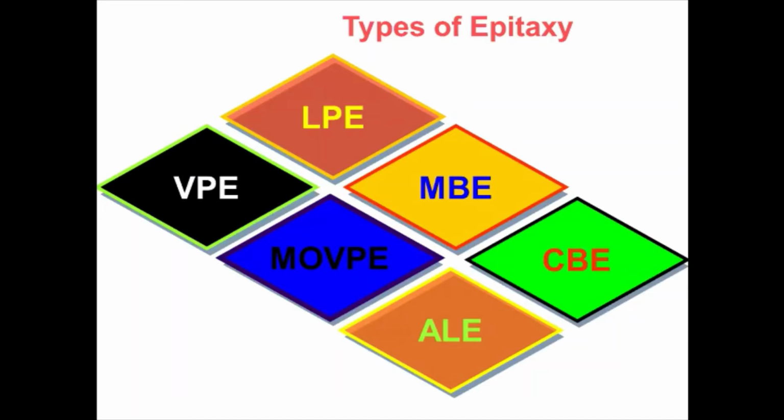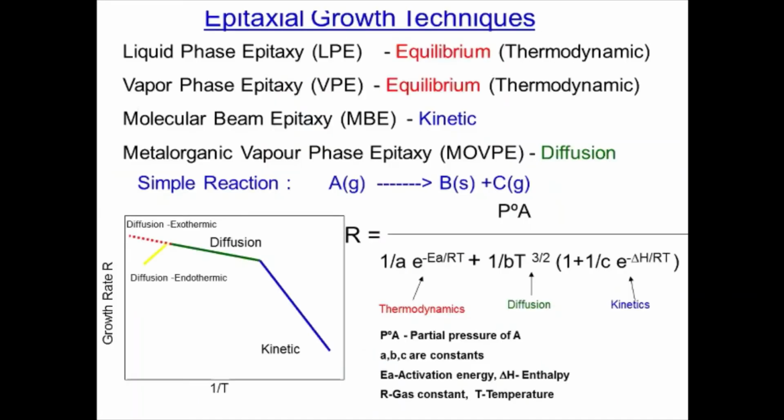Because for industry, you should have high production. So the only way out is to go in for these two techniques. And semiconductor nanostructures can be easily prepared using MBE and MOVPE. Okay, so if you compare all these vapor phase epitaxial growth techniques,